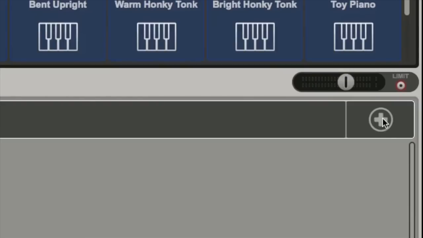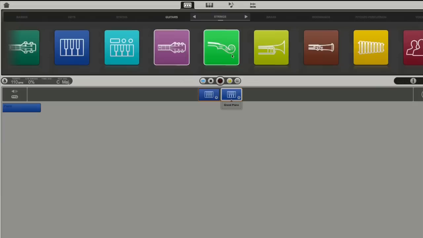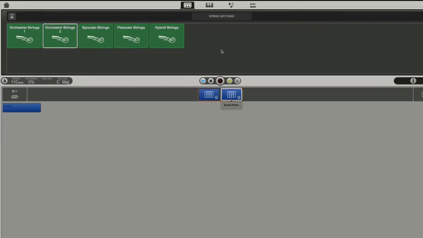Now that I have this, we're going to add a second track. To do this, I'm going to click the big plus button right here, and you're going to choose another type of instrument. Let's go see what we have in the strings. Different types of strings here. Let's use the orchestral strings one. I'm going to click on this